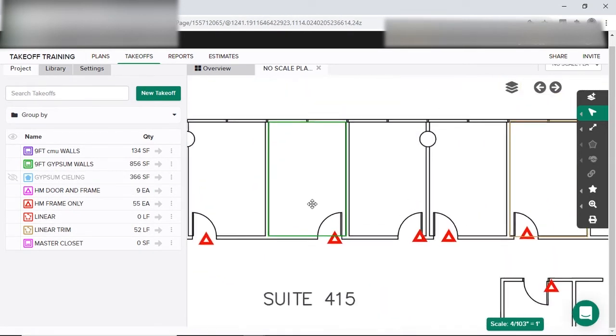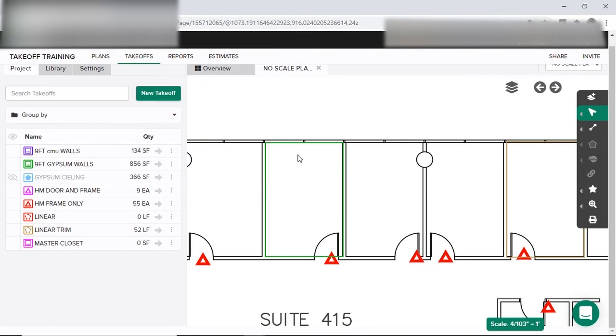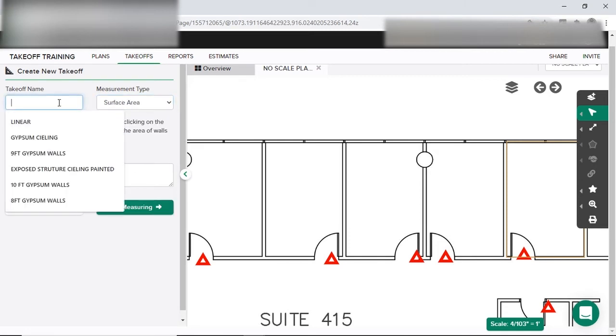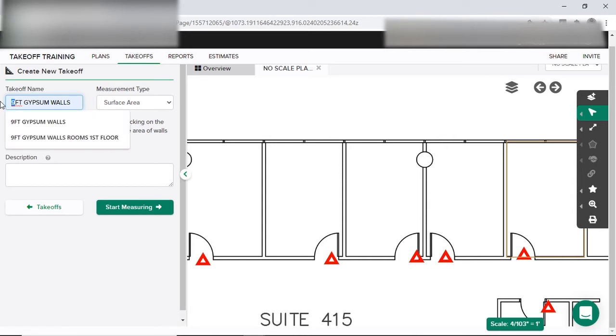So say that what I would do, for instance, say that each room, I just did a school where each room had a different accent wall. The way I will identify the walls is I'll hide it, and it hides it. And then I'll create a new takeoff. And if I already know the color, I'll just put gypsum walls. That way I know it's gypsum paint, and I'm buying primer for that particular wall and not a block filler. And then I'll put 9-foot gypsum wall,